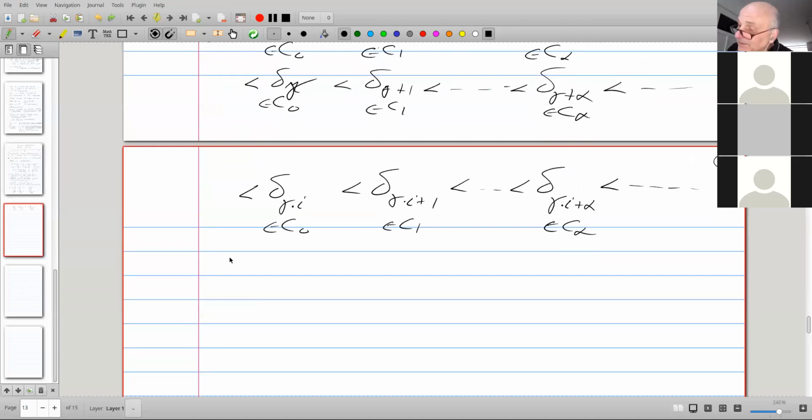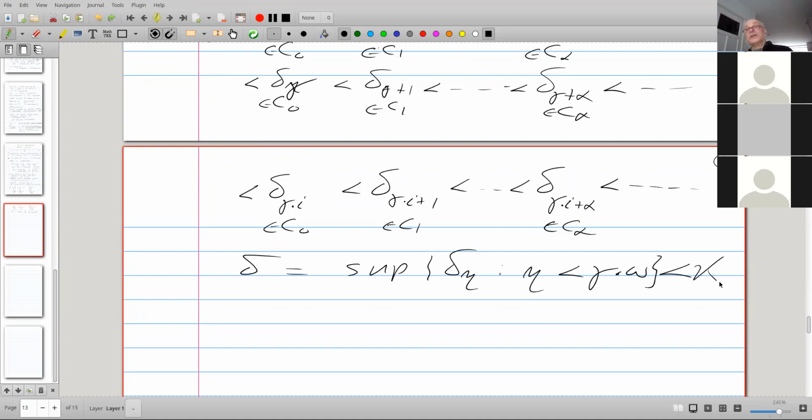And when we're done, we take delta to be the supremum of all those delta eta, for eta less than gamma times omega. Delta is still less than kappa because we are working in this regular cardinal kappa.